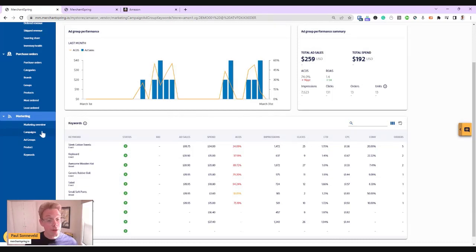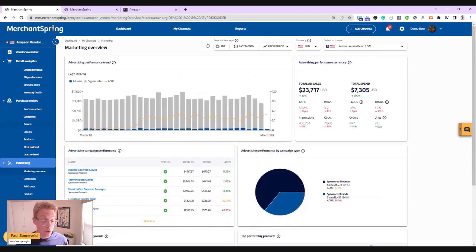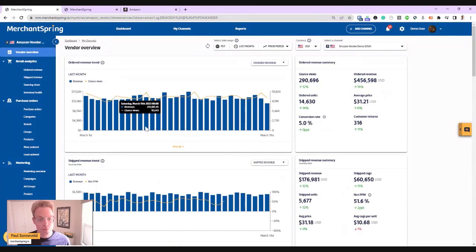Similarly, of course, it's a negative. There's also a positive here, it provides you with very quick insight around which keywords are really performing well, and therefore you may want to up your budget or even increase the bids that you're placing for those keywords. All of this comes together in the vendor overview, where we provide you with a very quick snapshot of what's happening across this series of menus in a summary form.